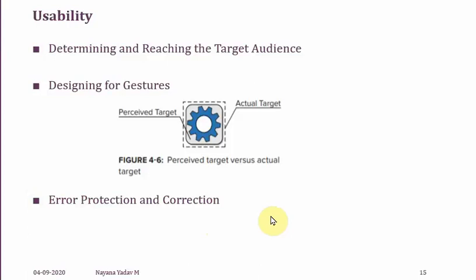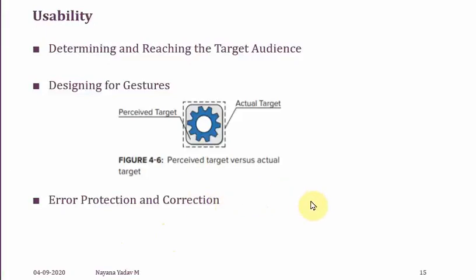Usually you enter your mail id, and in some places you type the first character and the next part is automatically displayed. That is your input history being maintained. All these things come under error protection and correction.